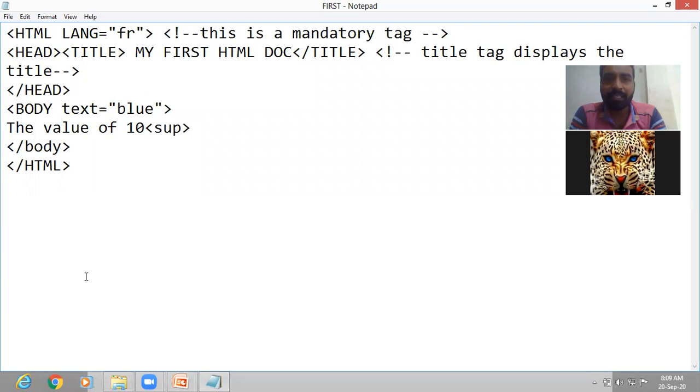Then we write 3, which means it will go up, slightly above the line. Okay, then we close the tag SUP, is 1000. Okay, now you can see.